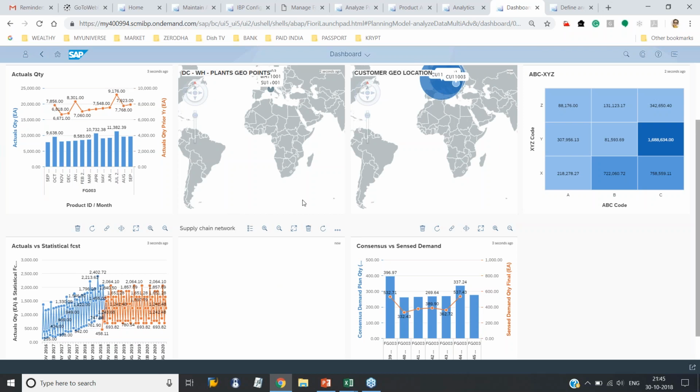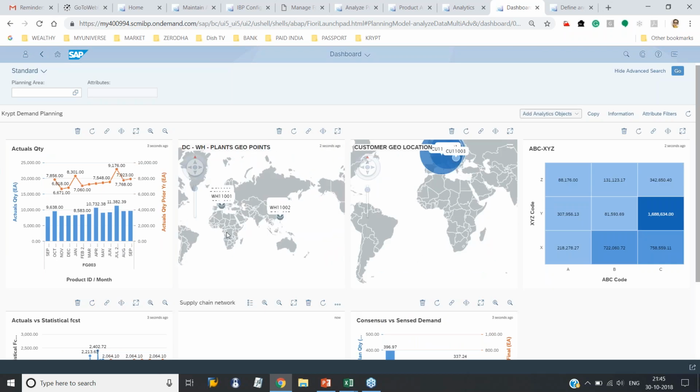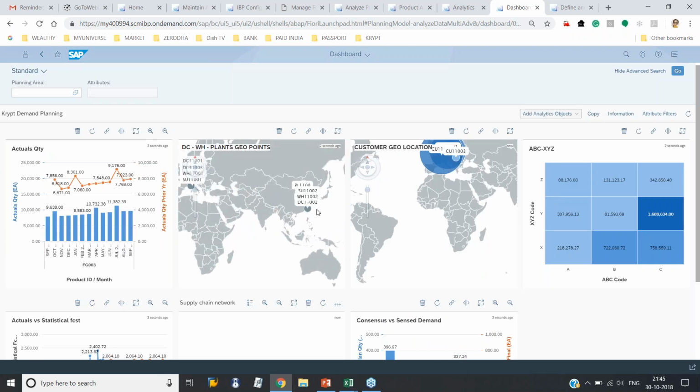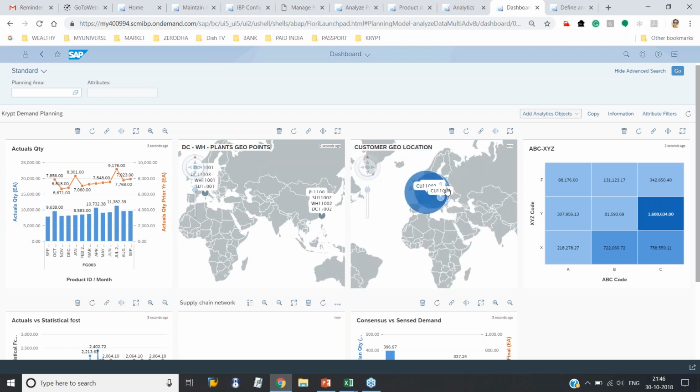Now look here. This is one of the beautiful features. This shows where your warehouses, your plants, and your suppliers are. This is how you can map it based on the geolocations of the supplier, of your plants, of your warehouse, of your customer, and you can plan it. Based on the volume of the customer, you can have it in the geolocations in the form of bubble charts. You can also have a heat map for an ABC XYZ segmentation,